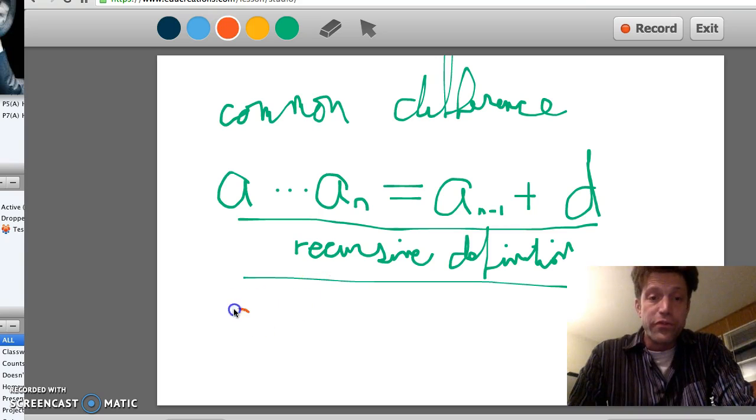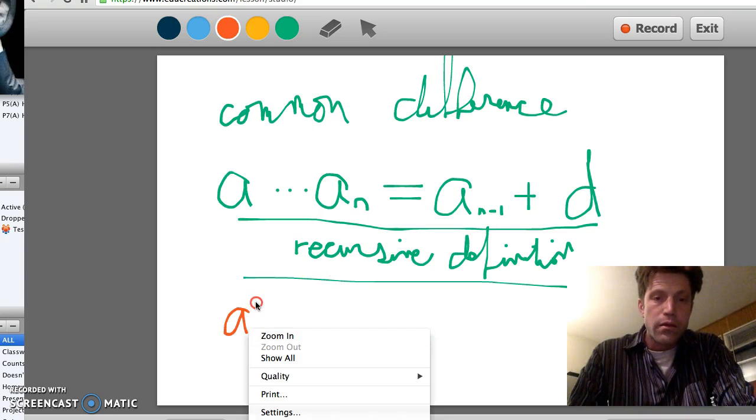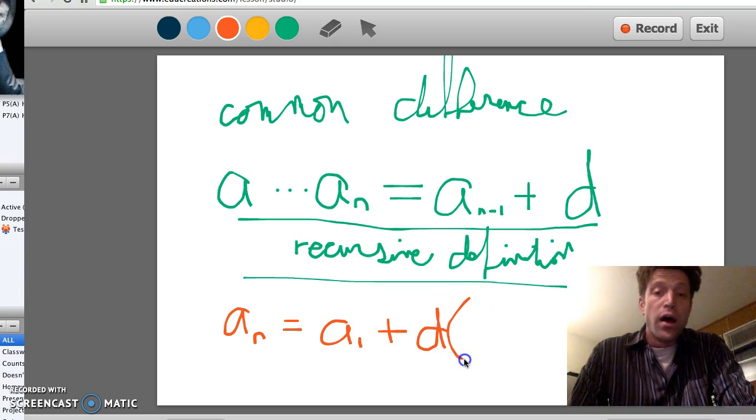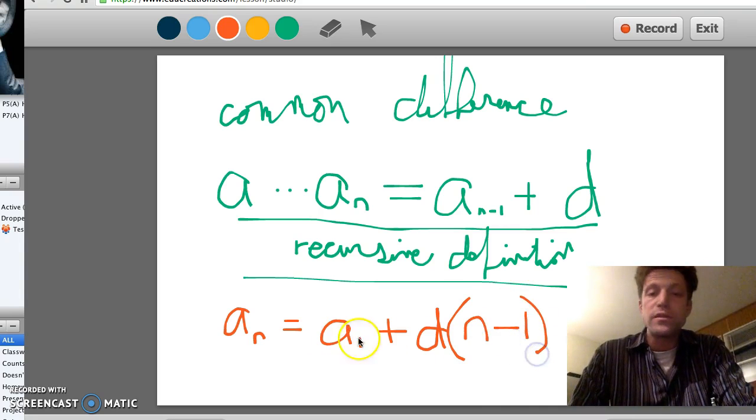using the first term, a sub n equals a sub 1, the starting term, plus, well, how many d's? How many times do we add d? Well, if we're looking for the nth term, we've added d n minus 1 times. So this is a formula that tells me what the nth term is of an arithmetic sequence based on the starting term, the first term,